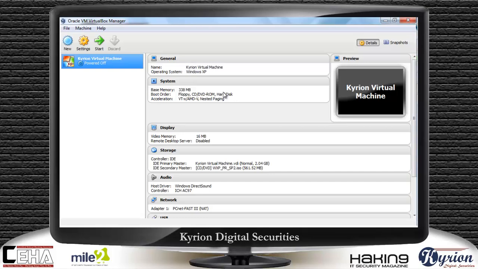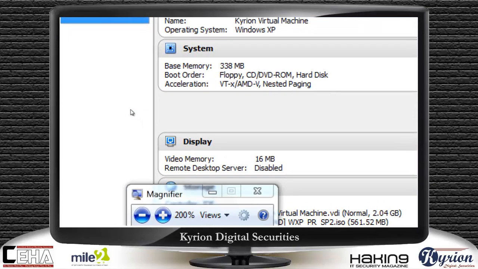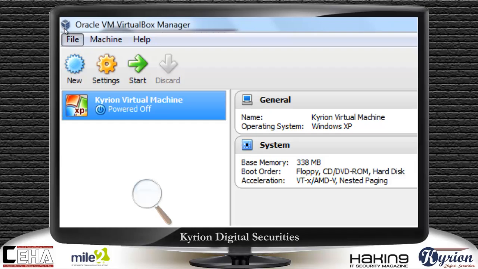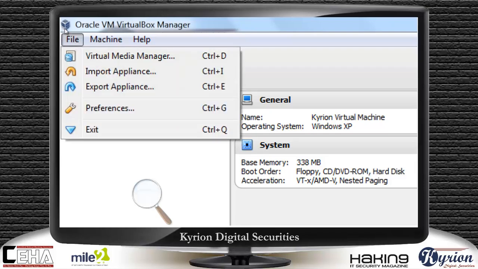This is the software VirtualBox, a product from Oracle. Let's come to the menu bar. There are some options. The very first option is File, having the virtual media manager, import appliance, export appliance, preferences, exit.